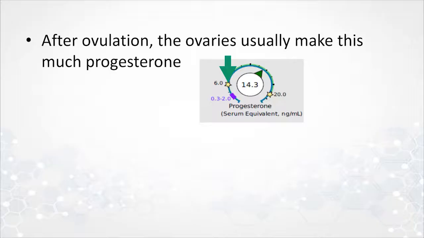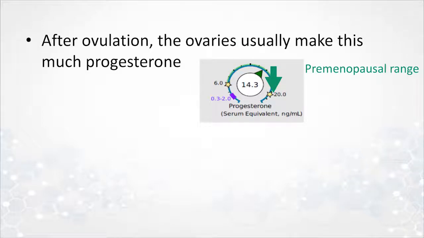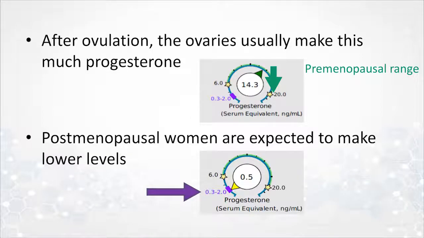And the way that we're going to show those is we're going to show them relative to both the premenopausal and the postmenopausal range. So you can see a premenopausal range up higher between the 2 stars on this gauge that acts a little bit like a speedometer in terms of trying to figure out where your results are relative to a normal premenopausal woman. If you're not cycling, if you're postmenopausal, then the expected values are going to be down in that little purple band that's on the bottom part of the result gauge there. So you can see the postmenopausal range and the premenopausal range for all of the estrogens as well as the